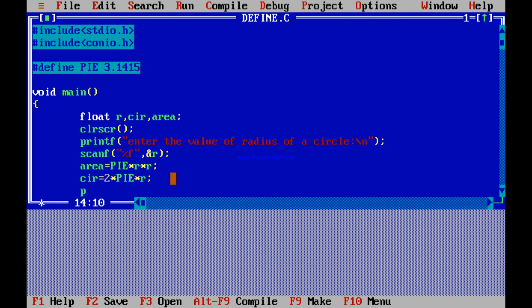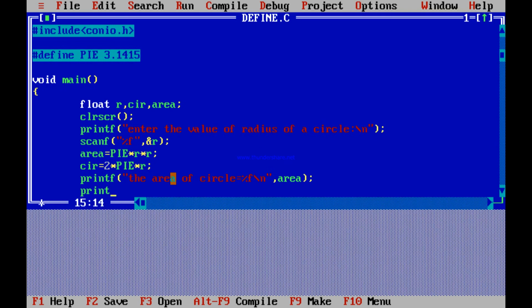Now we'll print "the area of circle is equal to", so the value will be there and the value is of data type float, so we'll write %f and \n so that the cursor moves to the next line. Then close the double quotes and we'll read the value from the main memory area, that is area.